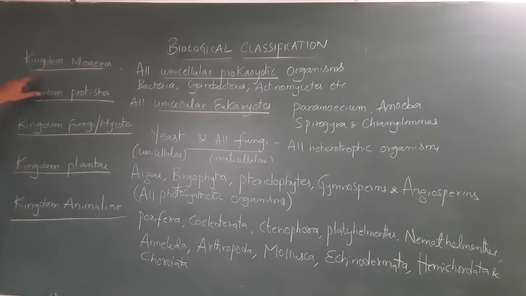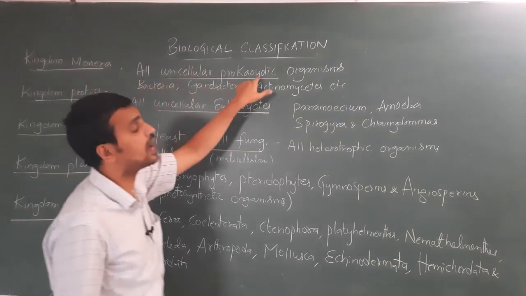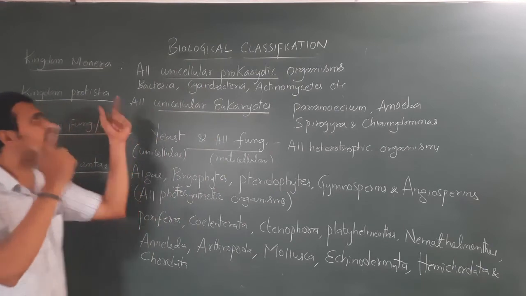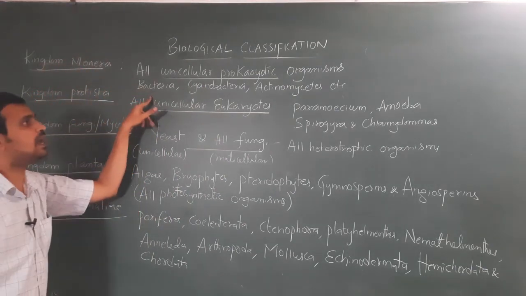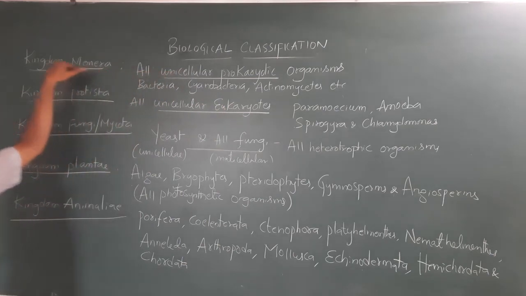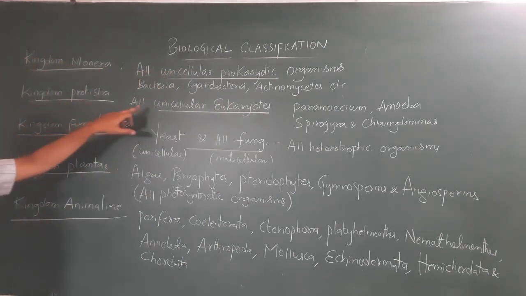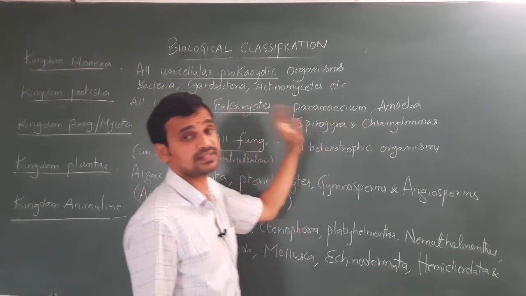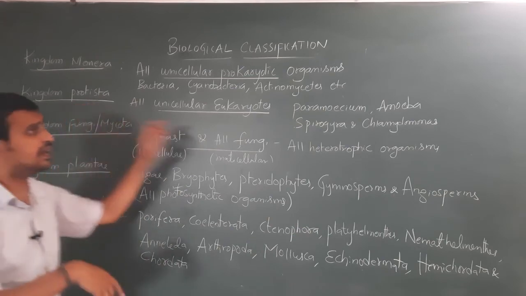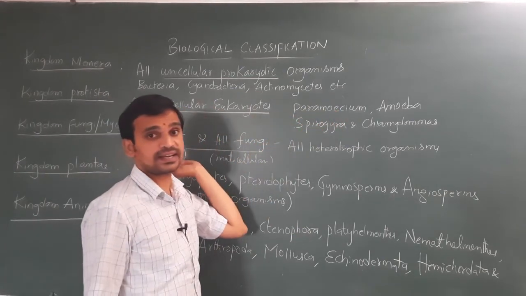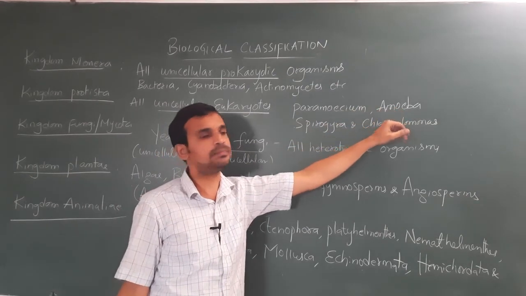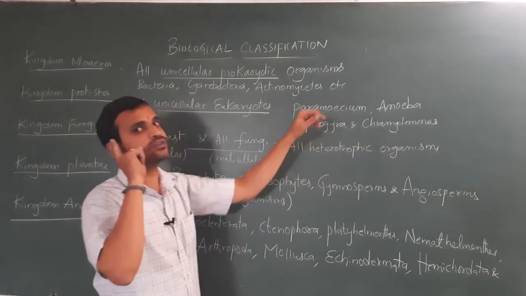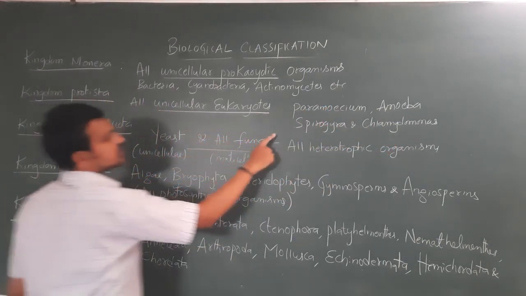Once again, kingdom Monera consists of all unicellular prokaryotic organisms. Register in your mind that all unicellular prokaryotes come under kingdom Monera. Examples are bacteria, cyanobacteria and actinomycetes. Kingdom Protista consists of all unicellular eukaryotes, such as paramecium, amoeba, Spirogyra and chlamydomonas. Before the R.H. Whittaker classification, paramecium and amoeba were kept under kingdom Animalia, and Spirogyra and chlamydomonas under kingdom Plantae, according to the Linnaeus system. According to the R.H. Whittaker system, these organisms come under